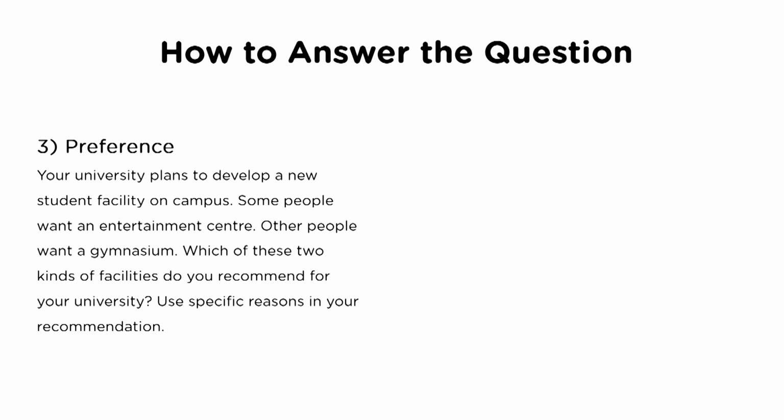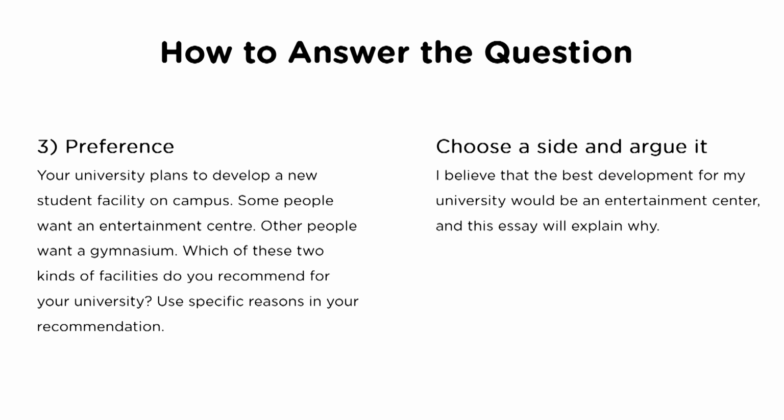Number 3, preference, so choosing whether your university should build an entertainment centre or a gymnasium. Choosing a side and arguing it. So I believe that the best development for my university would be an entertainment centre, and this essay will explain